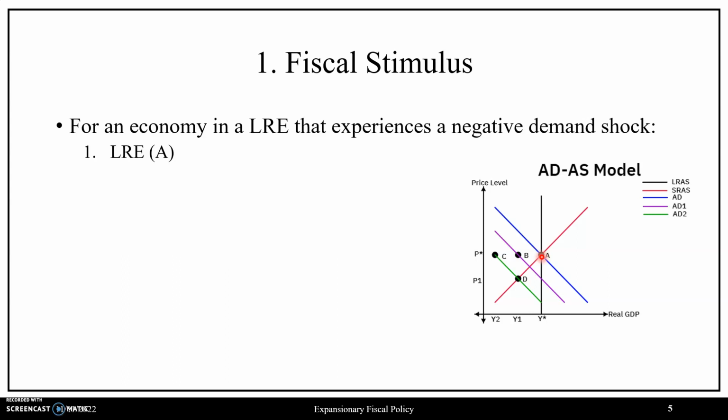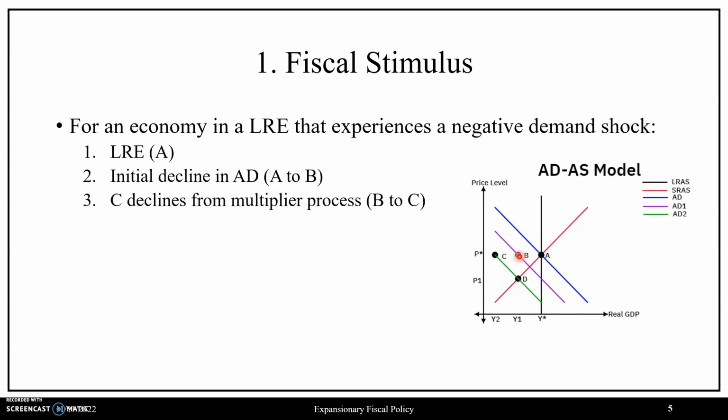Now, should a negative demand shock occur, this will correspond to an initial decline in aggregate demand going from AD to AD1, where holding the price level fixed, aggregate demand is now at point B in terms of Y1 amounts of real GDP being demanded, while quantity supplied in terms of real GDP is at potential real GDP, so this means excess inventories have accrued. With excess inventories accrued, this kicks off a negative multiplier process in which there will be a secondary leftward shift in aggregate demand due to a decline in consumption from this multiplier effect,